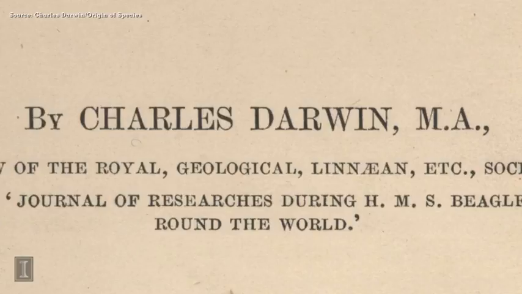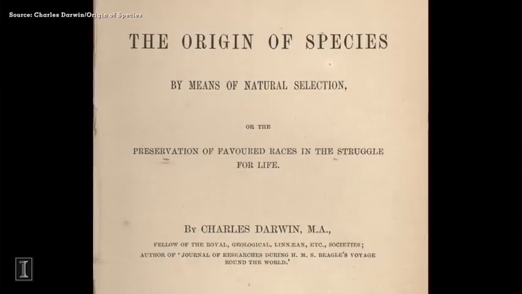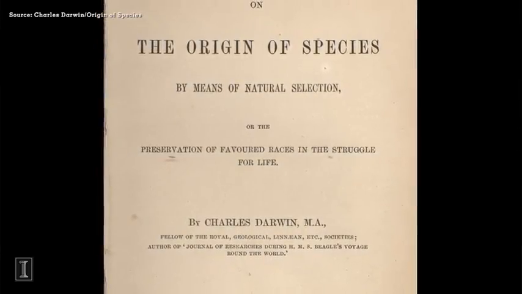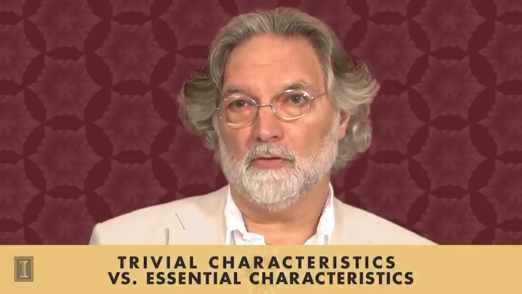Darwin shifted the question of evolution to the origin of species and focused on the origin of species, as in the title of his book. Not the big universal tree of life. But Darwin argued that in order to have a deep evolutionary phylogeny, or deep evolutionary genealogy, that is, classifying organisms naturally in terms of the way in which they evolved in the course of evolutionary history, one had to distinguish between trivial characteristics and the essential characteristics of an organism.